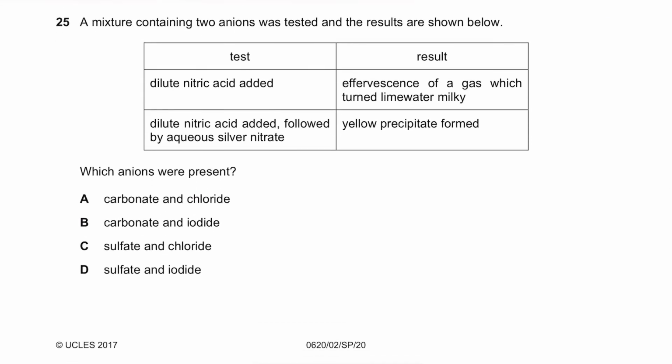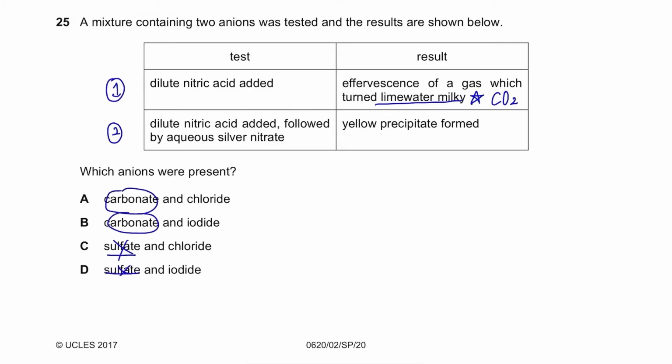Question 25. A mixture containing 2 anions was tested and the results are shown below. Which anions were present? Test 1. When dilute nitric acid was added, there was effervescence of a gas which turned lime water milky. Test 2. When dilute nitric acid was added, followed by aqueous silver nitrate, yellow precipitate was formed. For test 1, it said the lime water turned milky, and this only happens when carbon dioxide is present, which means from our options from A to D, instead of sulfate,